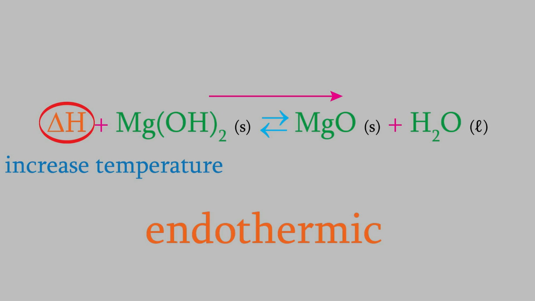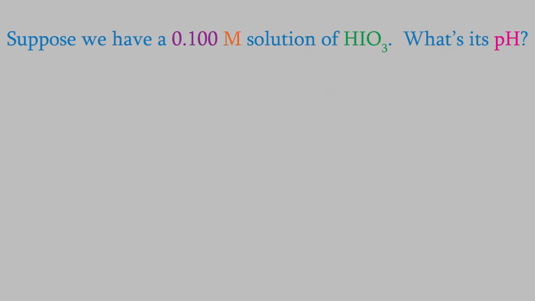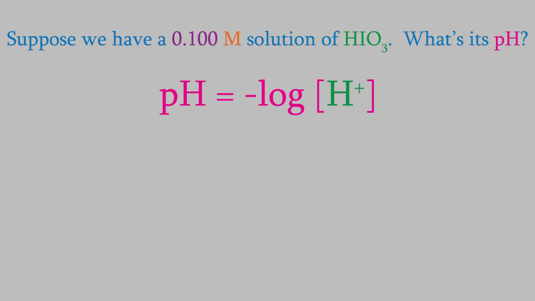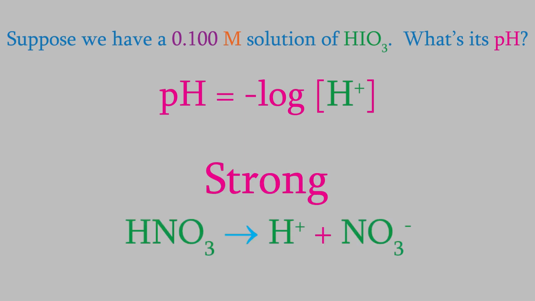Let's do a calculation for a reversible reaction at equilibrium. For example, suppose we have a 0.100 molar solution of iodic acid, HIO3. What's its pH? This sounds pretty simple. At first you might think we could just plug 0.100 molar into the pH formula. But that's not right. You might remember that when strong acids or bases dissociate in water, it's an irreversible reaction. That means that if a strong acid has a concentration of 0.100 molar, that'll also be the concentration of H+